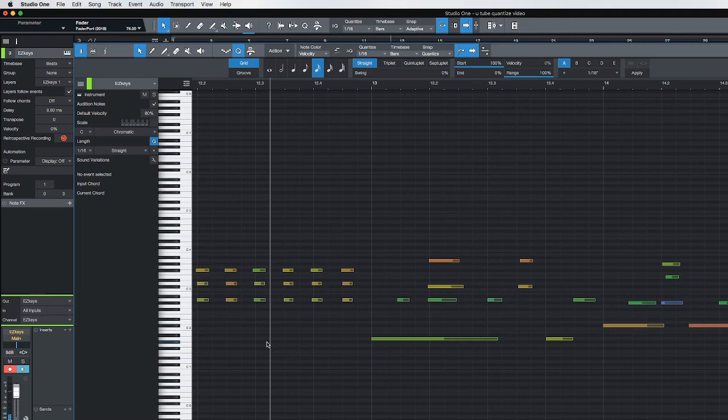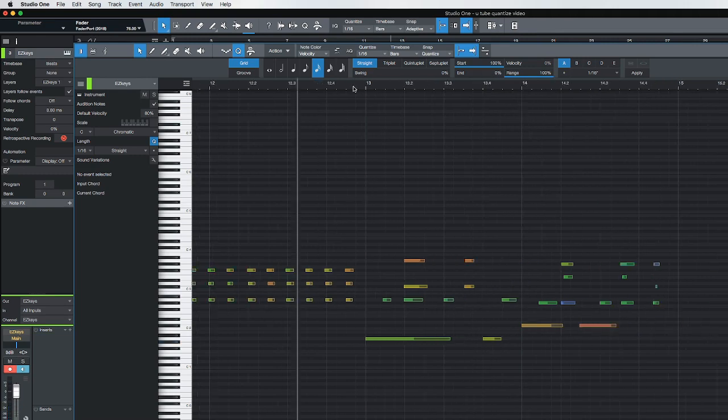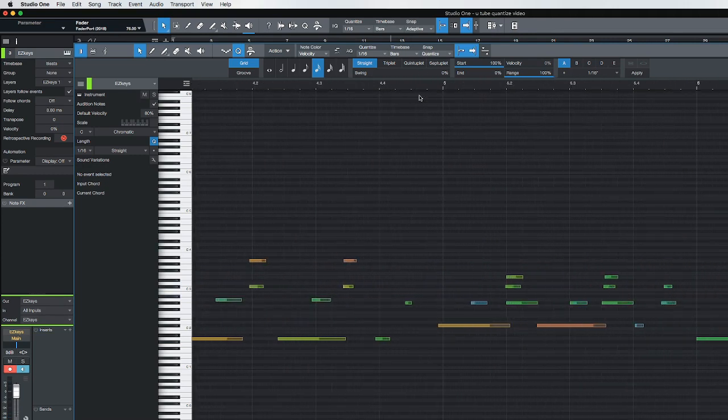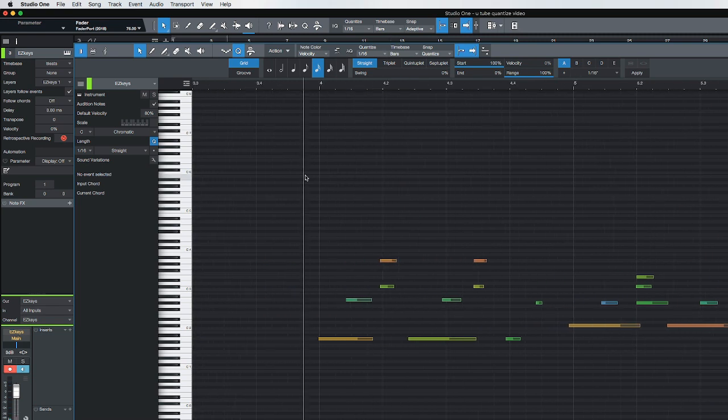So a lot of times on the downbeats, big downbeats like that, you want to make sure that it's coming in right on the money. Okay, so we've got that. Now, let's just kind of listen to that. I could probably fix a couple more things, but